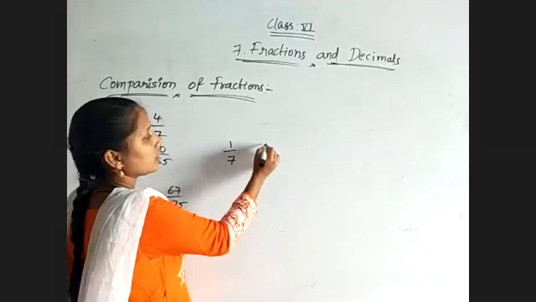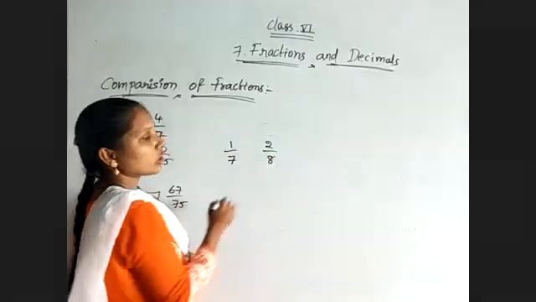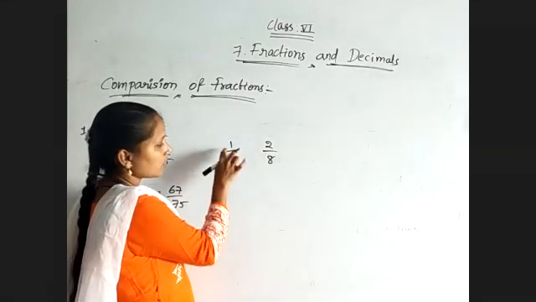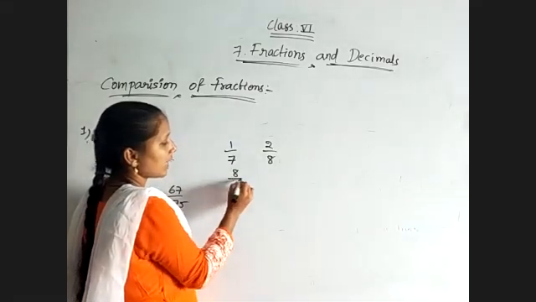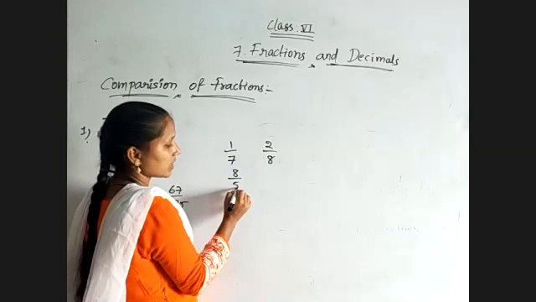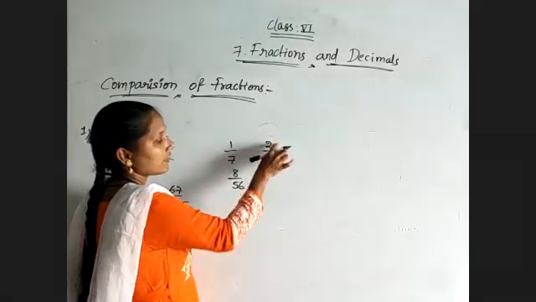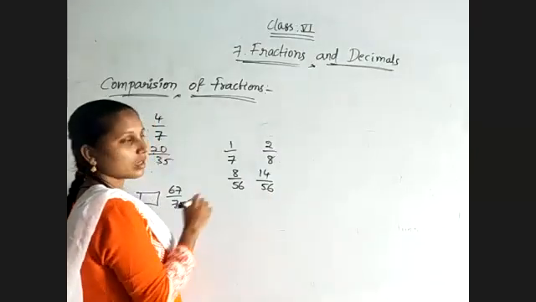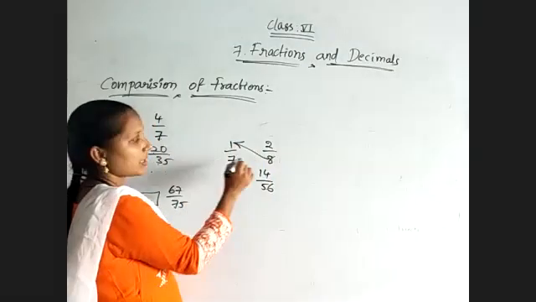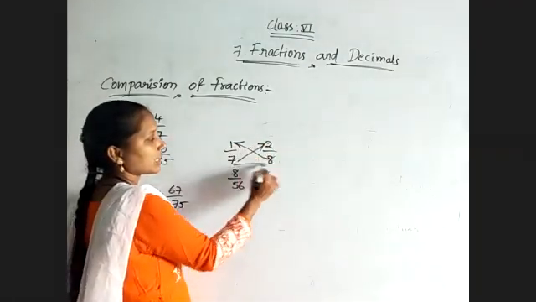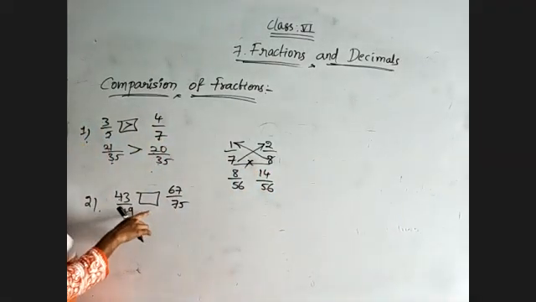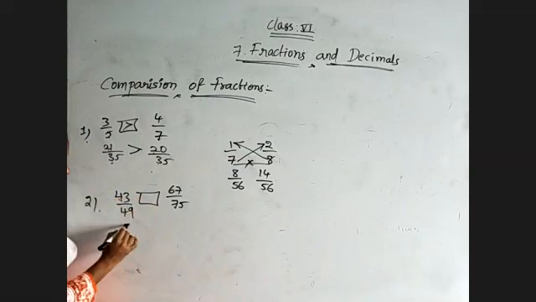Simple fractions we will see. 1 by 7, 2 by 8. Both are unlike, we know very well. So now convert them. 8 ones are 8 by 7 8s are 56. Next, 7 2s are 14 by 7 8s are 56. That's all. This number here we need to multiply, this number here we need to multiply, and for the denominators, these two numbers we have to multiply. Okay, now here also 75 into 43.